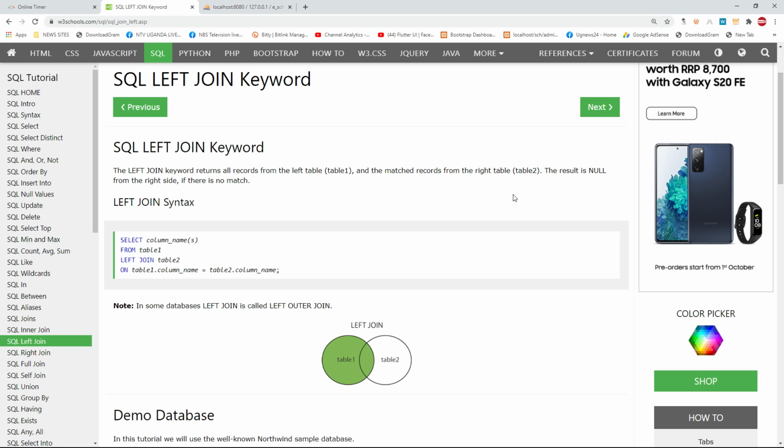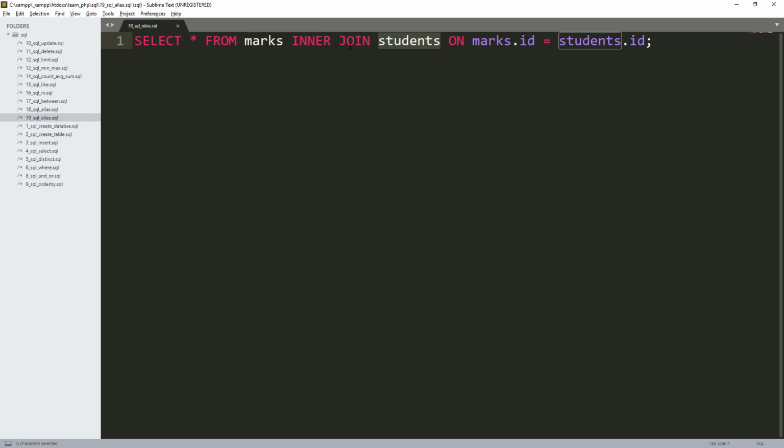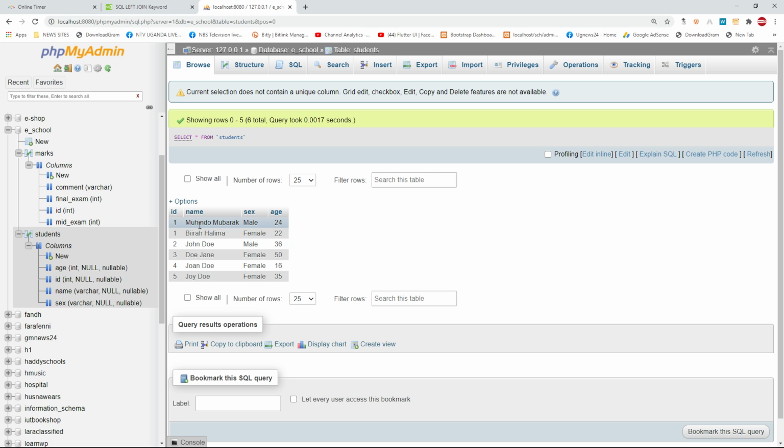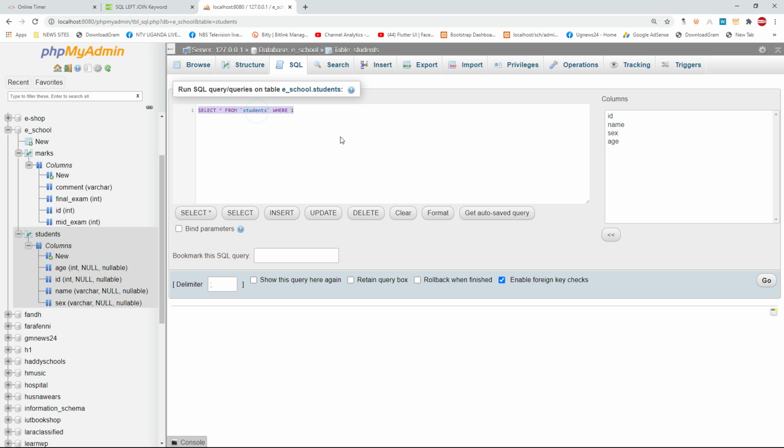It will return records that are matching in this table and on the other side. That is what we call the left join. It will return the columns that are on both sides, but the inner join will return the entire thing, while the left join will return only the columns on the other side. To do that, let me first run this and show you what it means. If we create the SQL here and run this,